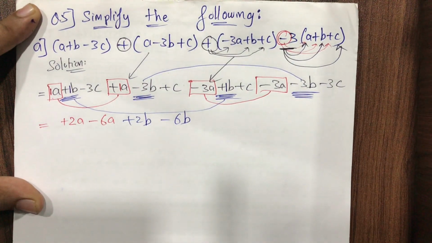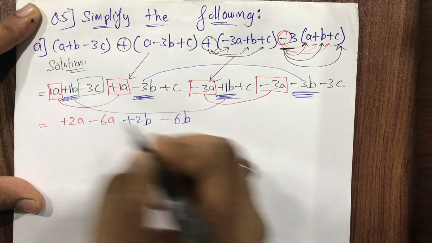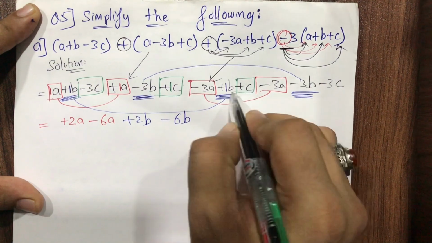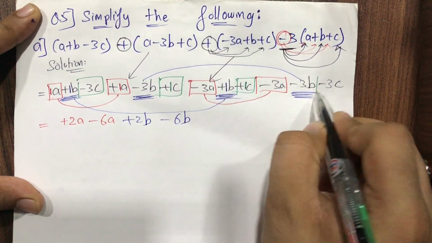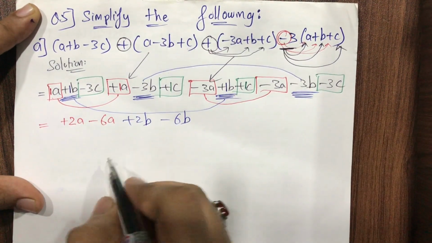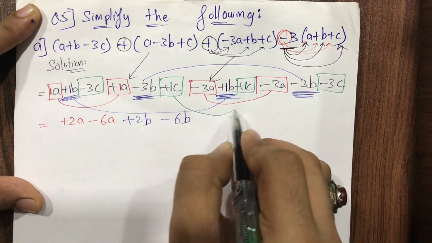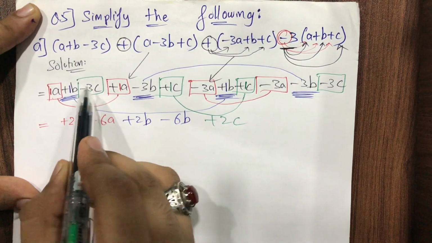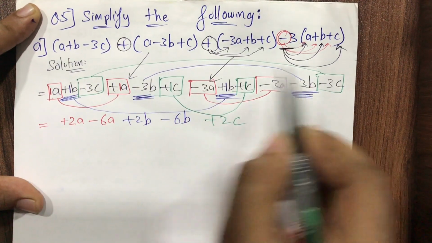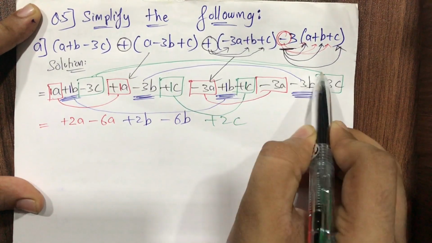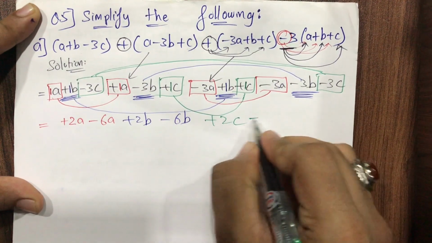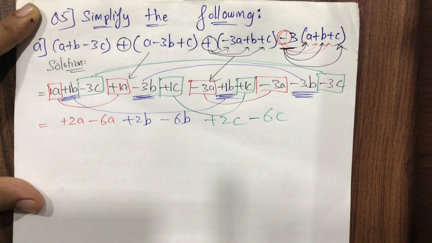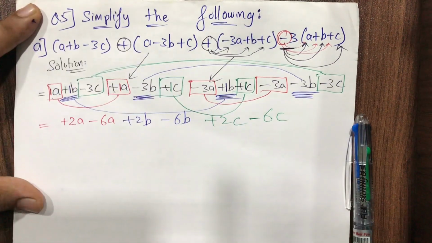Great. Now with the green color I'm making boxes. Plus c means it's like plus 1c. Plus c means it's like plus 1c, and once again I have minus 3c. Let's first calculate the plus terms. So plus 1c and plus 1c becomes plus 2c, and see this minus 3c and this minus 3c, they both get combined. Minus 3c and minus 3c becomes minus 6c. Okay, now that's it, students. We are done with the terms.